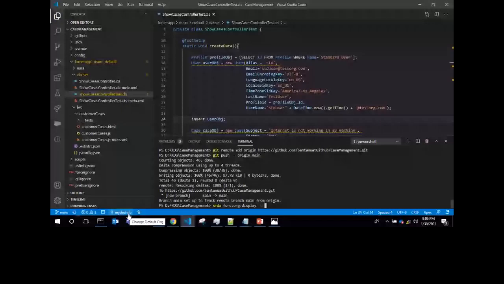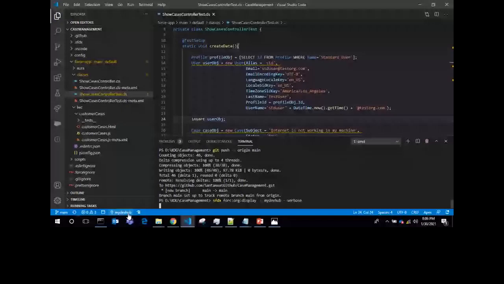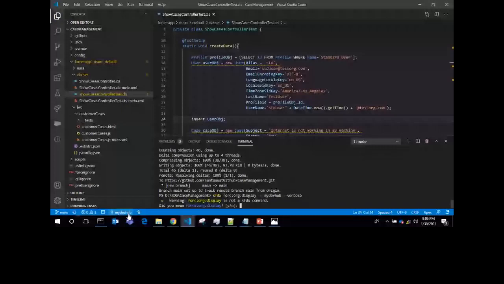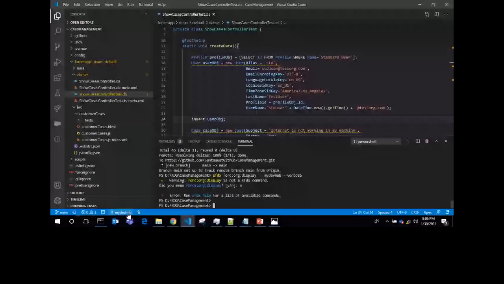And next, this command will show the URL. Okay, I have written it wrong. It should be force.